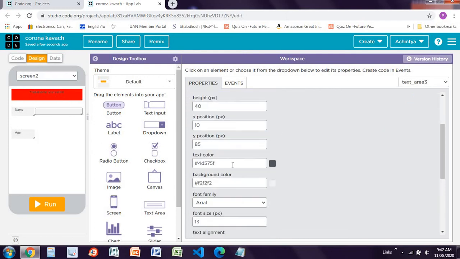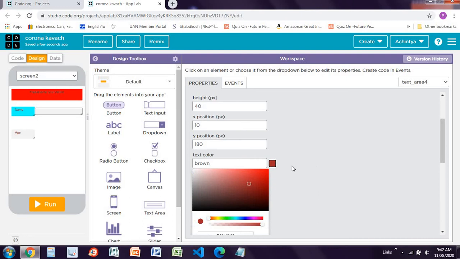And you can give them some colors if you want, like I want this one to be brown. Text color I have made brown and background color I want it to be this color, this would be fine. Yeah, same I would do over here like this